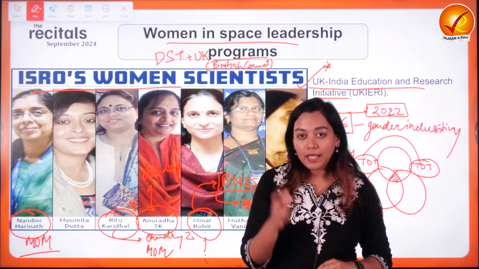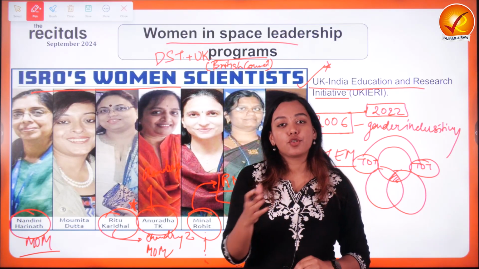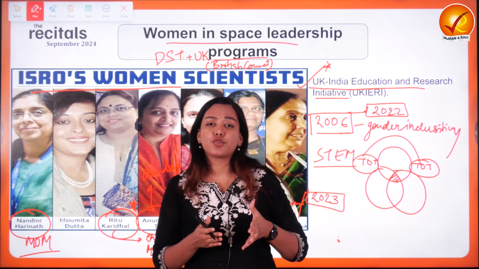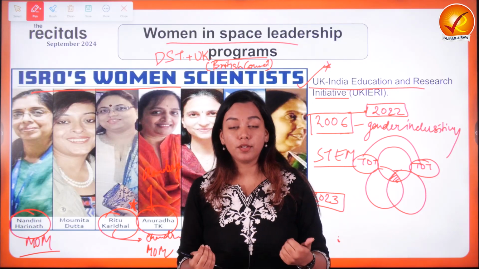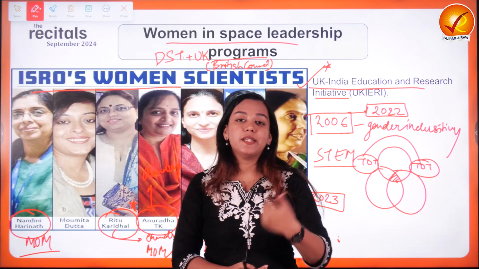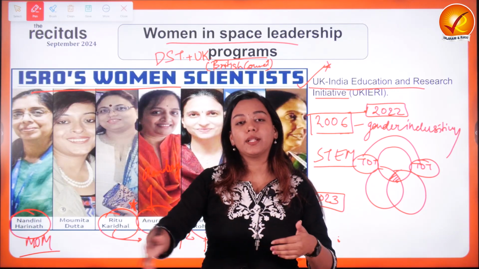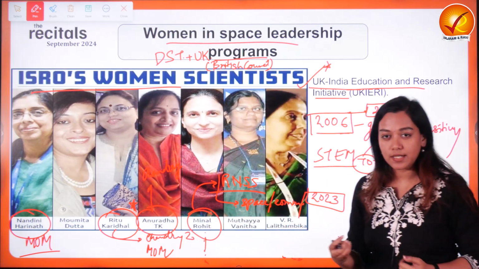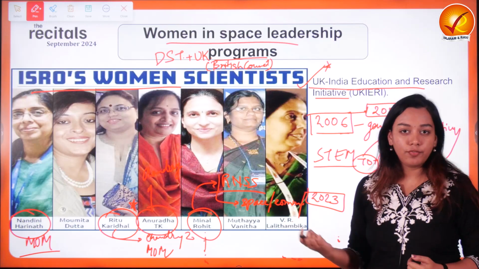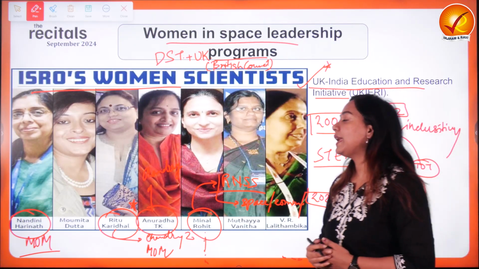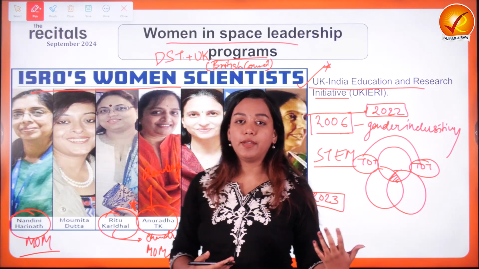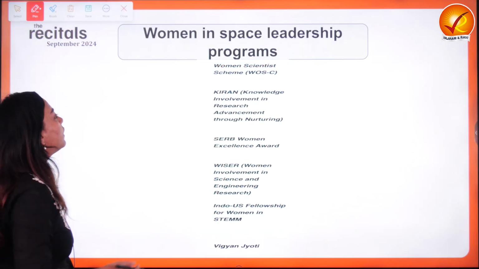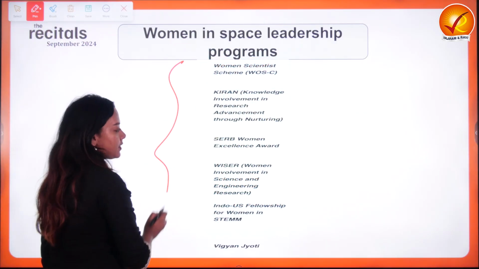So to make women enter into R&D is also an issue, because society doesn't expect women to be working for so long into something which is not that remunerative, at the cost of not doing their family responsibilities. So these are some of the challenges that women scientists, or in general the aspirants in the STEM field, do feel. So now what we need to really look into is how the government is supporting our bright minds.